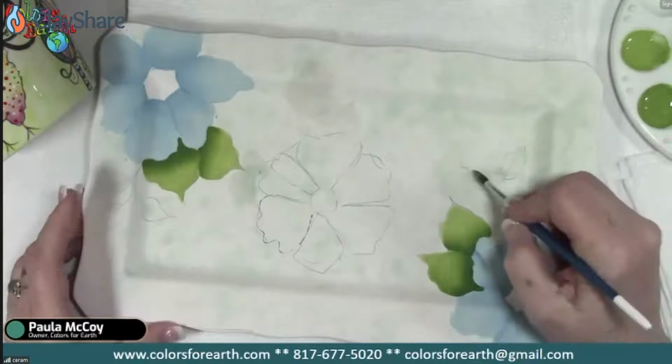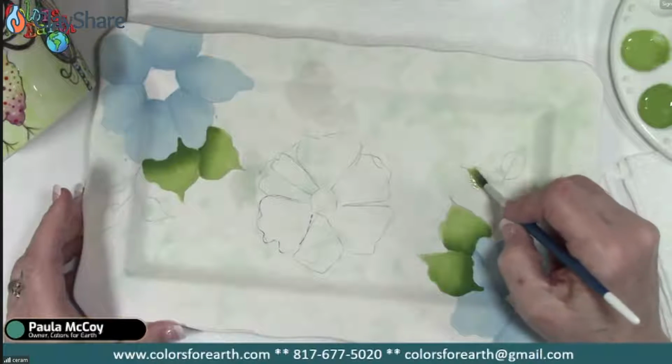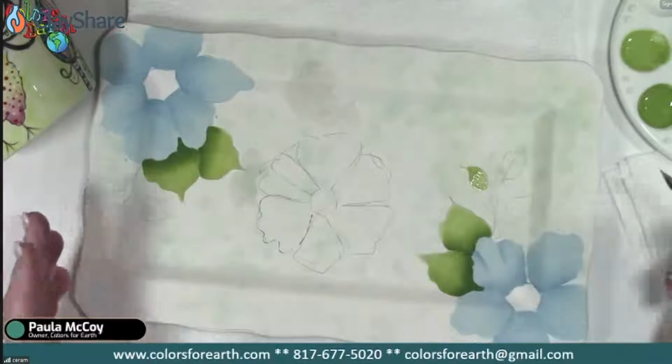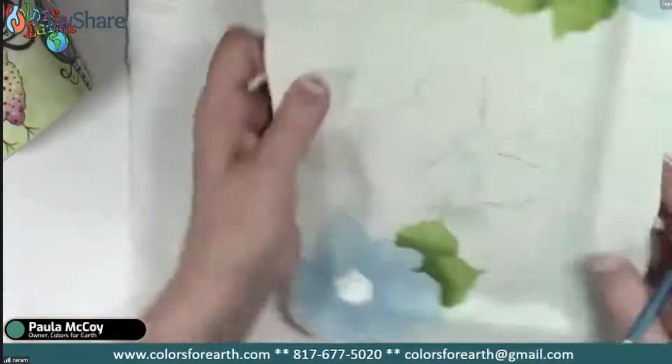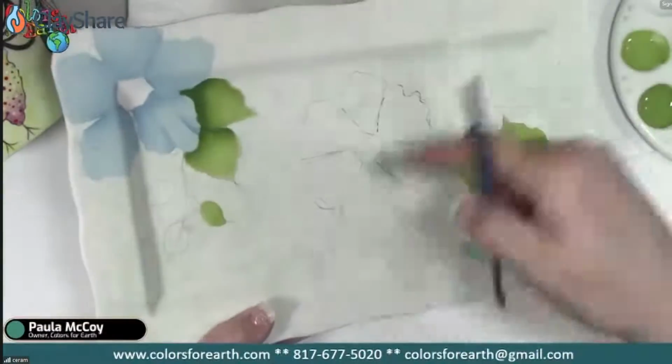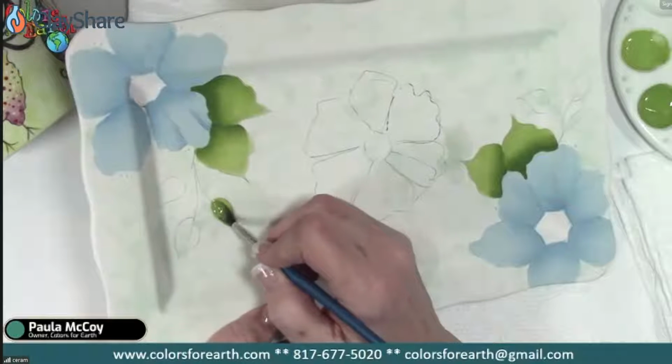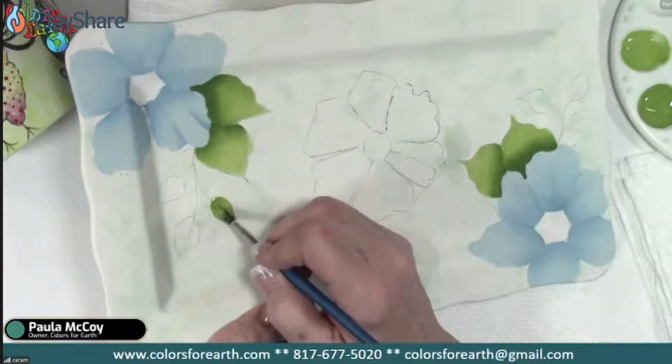So let's do this little guy here. And maybe I just want these to have the two colors. Remember, your pattern is a guide. It doesn't mean you have to stay in the lines. And did you see I turned it? No matter, I've been doing this for 30 plus years this way, and it works, guys,